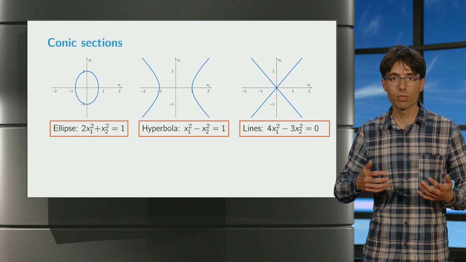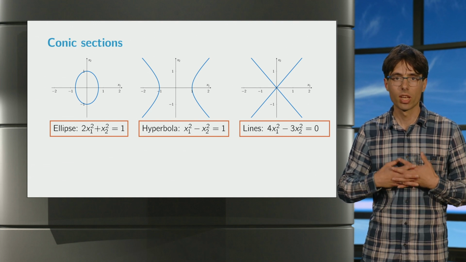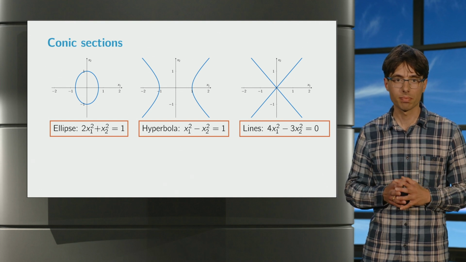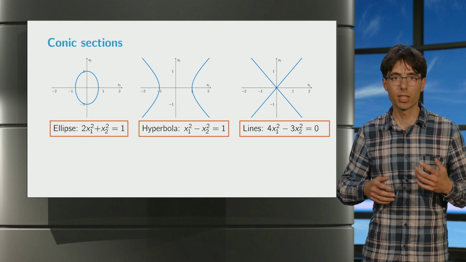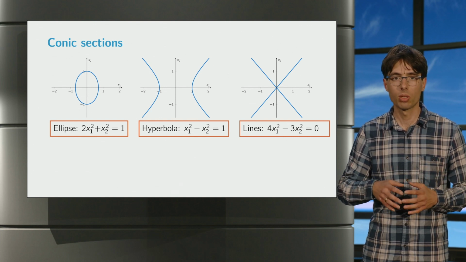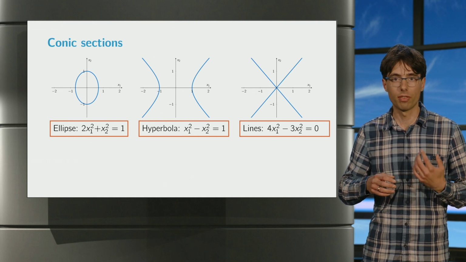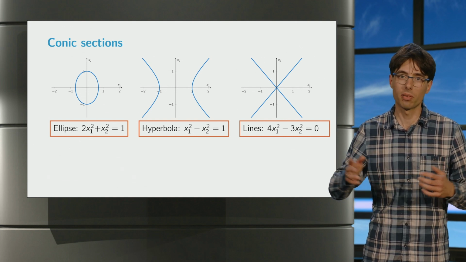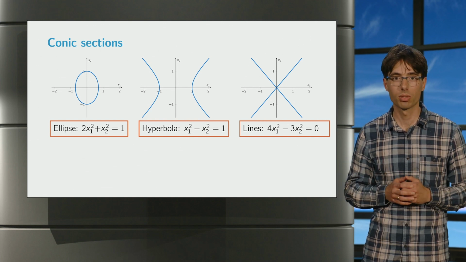In fact, each of these particular examples are one of the so-called conic sections, which you obtain by intersecting a double cone with a plane. These conic sections occur often in nature, for example when considering planetary orbits, which are elliptic. In addition, the shape of objects such as reflector dishes can be described as level curves of quadratic forms. But you are following a course on linear algebra, so why would you care about quadratic forms?